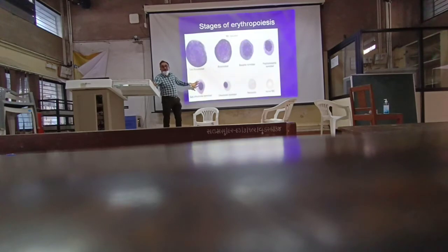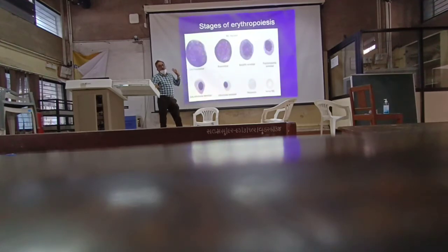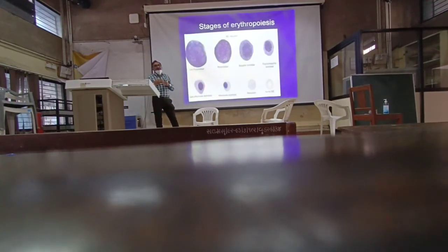Now the nuclear size will shrink because ultimately a red cell is devoid of a nucleus. So gradually the nuclear size will shrink, the nucleus becomes marginated, and at last it's out of the red cell. That is the stage of reticulocyte. After one day that reticulocyte will be considered a red cell. So one pro-normoblast will give rise to 16 reticulocytes, and for their divisions and maturation we require a large amount of DNA.